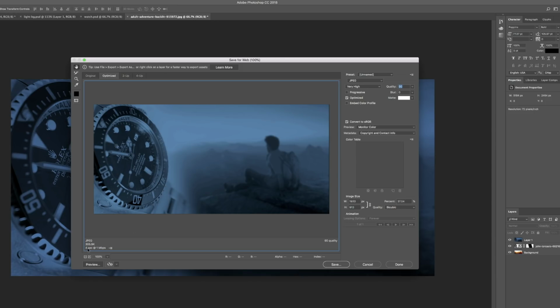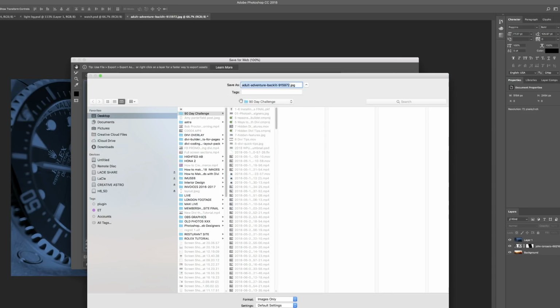So now this image is going to download at 4 seconds at 1 megabit per second. So this is going to be really fast. So this image now has been optimized. So let's go ahead and save it. You want to click on save and you can save this on your desktop or wherever you want on